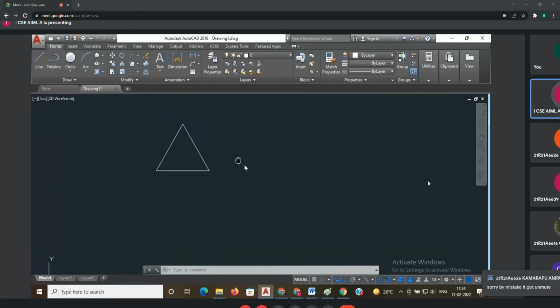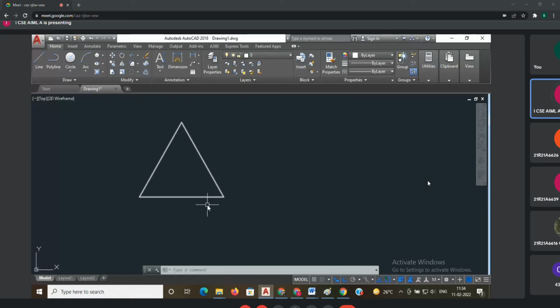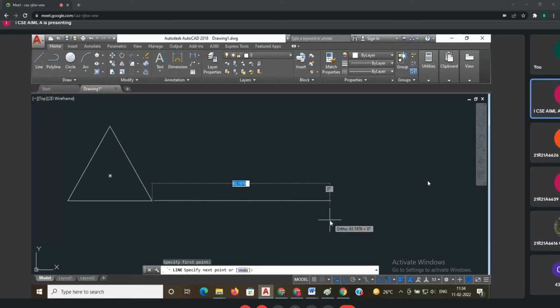Now, same way as for the circle, where we identify the circumference length, pi into d. Now here, you have to select the number of sides. The base point will be the same. Draw one line from the base point. How much length do you have to draw? If it is a circle, pi into d, the circumference length. If it is a polygon, it's based on the number of sides. How many sides does this polygon have? 3 sides. 3 into side length. Side length is 30. 3 into 30, you will get 90. 90 mm length you have to draw.